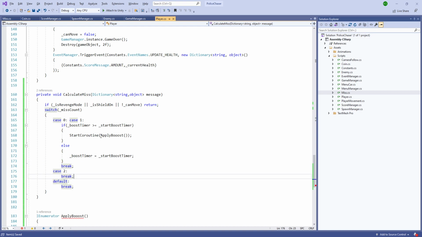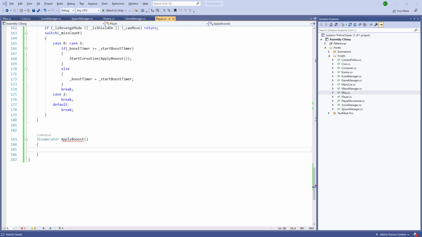But if case 2 is happening, then we won't apply the boost. What we are going to do is start the revenge mode. So let's set up the condition for applying the boost. The first thing we are going to do is show the boost object: boostObject.SetActive(true). Then appliedForce is boostedForce, so its speed is going to increase, and while our boost timer is greater than 0f,